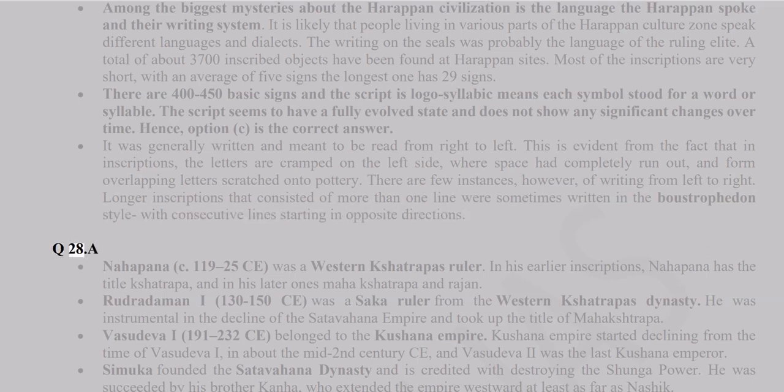Q28.A Nahapana, c. 100. And 19 to 25 CE, was a Western Kshatrapa ruler. In his earlier inscriptions, Nahapana has the title Kshatrapa, and in his later ones